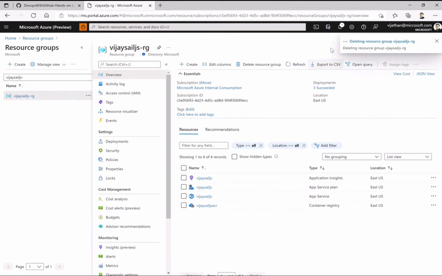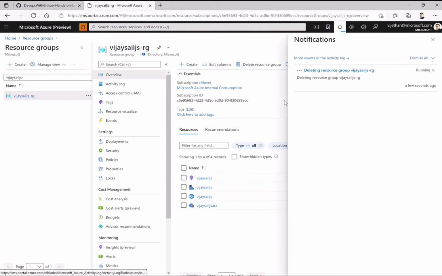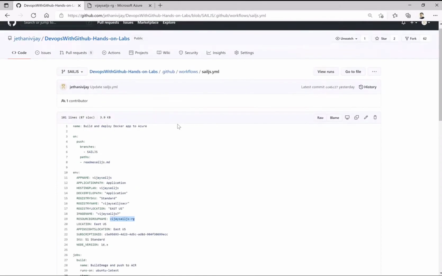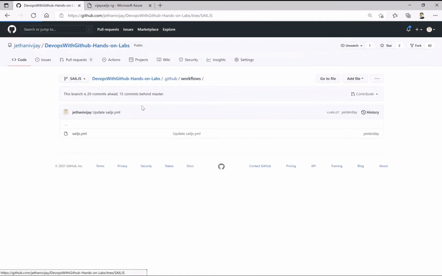So you can run this. The only thing is I just want to show you that this runs from scratch, and I'm not modifying anything. The way it runs is, as I said, ARM templates are incremental. There is no harm in keeping already existing services present on Azure. So this can take around 5 to 10 minutes. Let us browse through other things here until it completes.